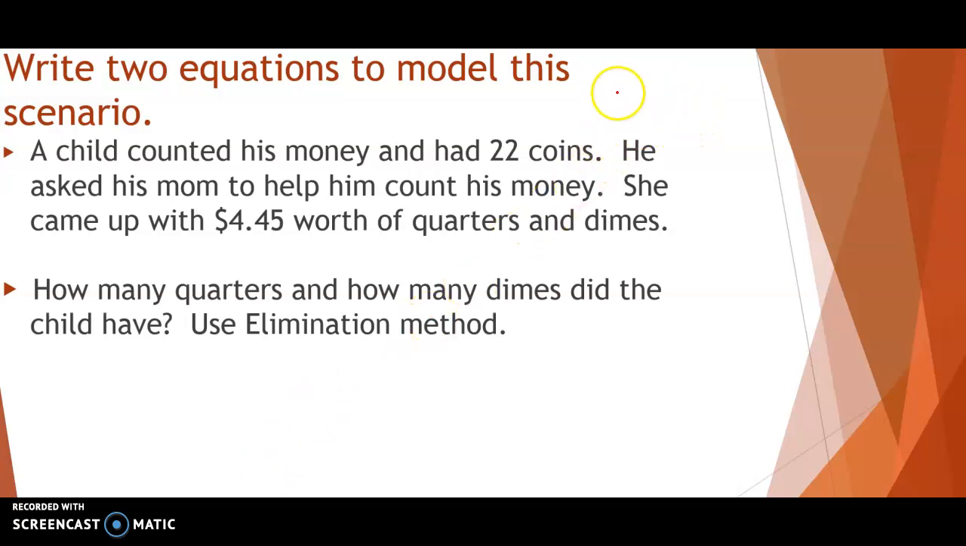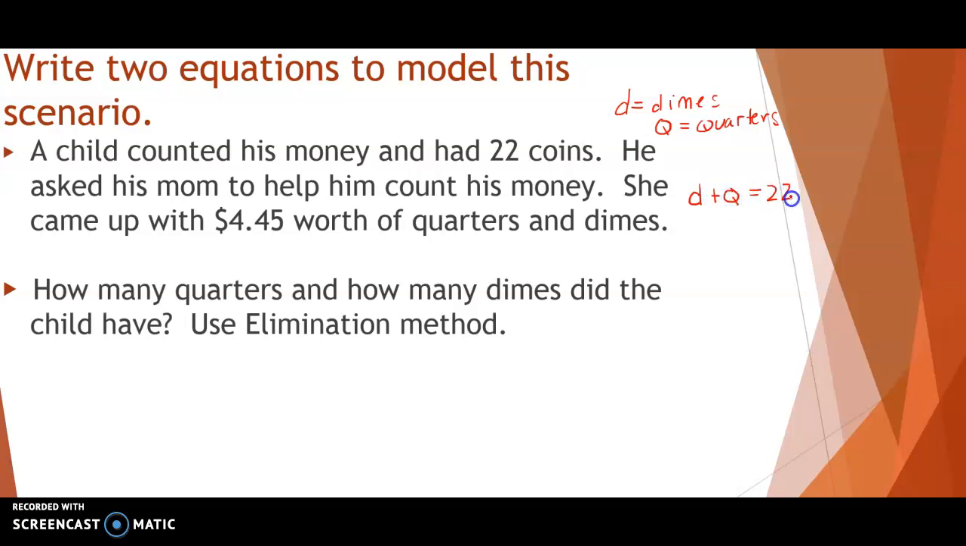So as I start to write this scenario, I'm going to let D equal dimes and Q equal quarters as my two variables. So I have two different ways of counting the money. The first way is the way that the child counted his money. He just counted each item, so he counted each dime as one and each quarter as one